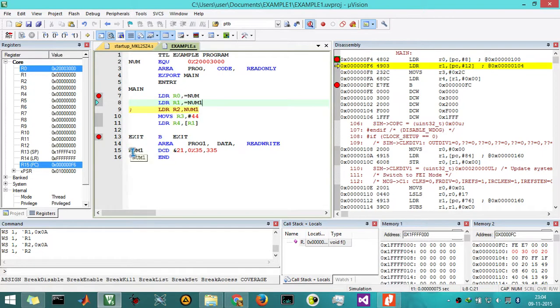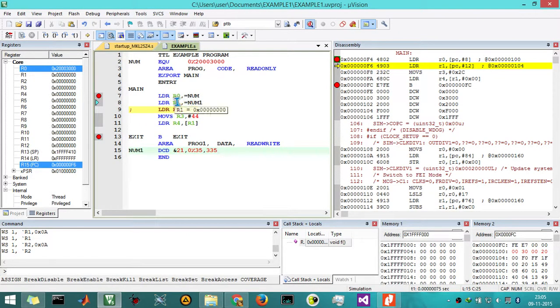So num1 will have a starting address, equal to the address where 21 is to be located, and this will be at some location far away from this location, and that depends on the directive we are going to use here, and we are going to see this very soon. Now we are going to see that LDR R1 is equal to num1.